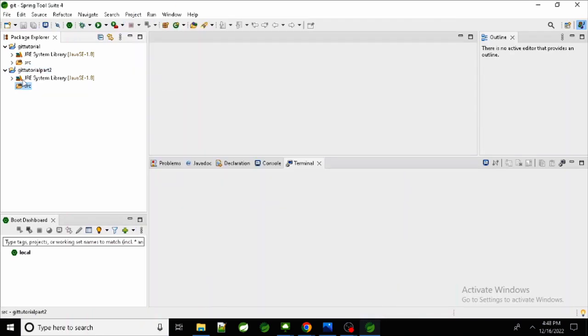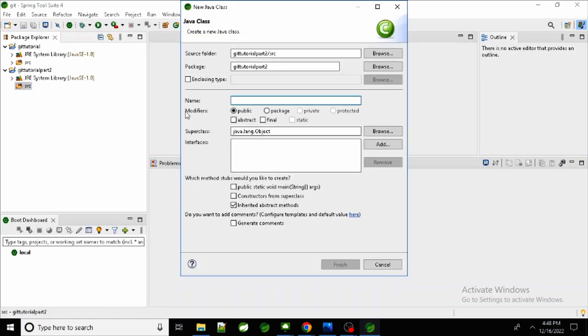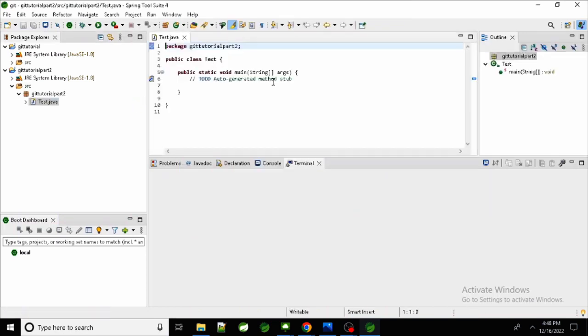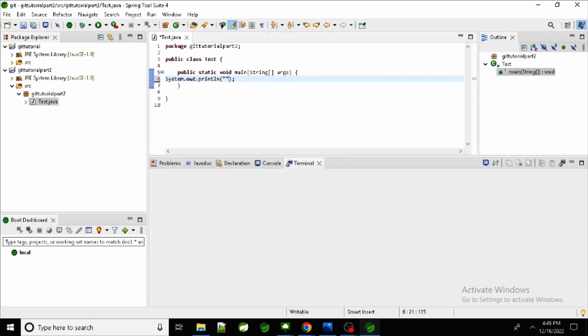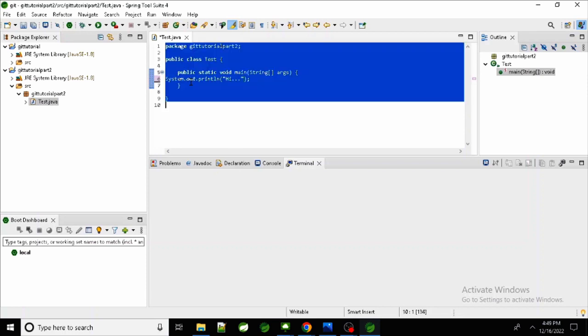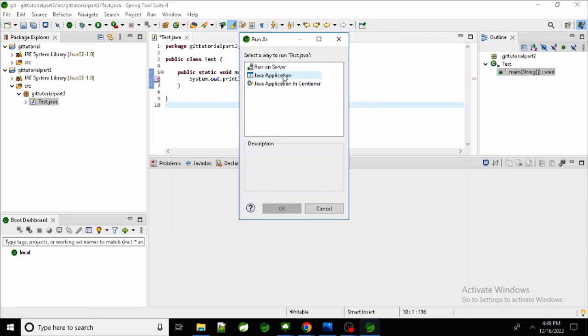This is the brief idea of what I am going to show you using STS. So let's get started. I have created a new project here. Now I am creating a class. That class is only a demo class to show you that this class will be added to the GitHub project. So just writing here hi,